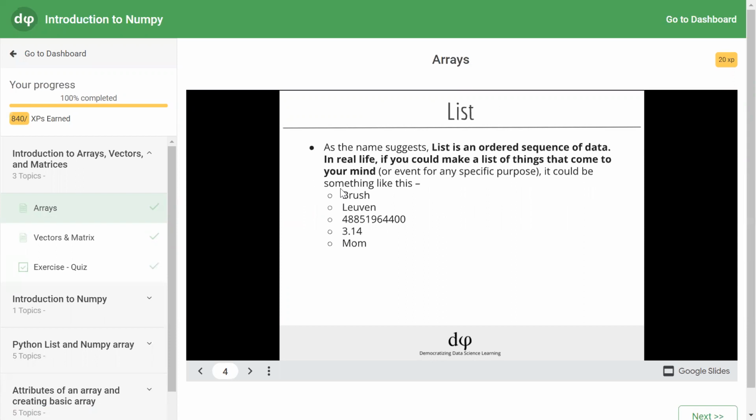If we consider one example of a list, suppose we are creating a list L1. So let us start annotating on the screen to take one example. We are creating a list L1, so this is the name of the list. It's equal to, in opening and closing square brackets, it can contain an integer, it can contain a floating point number, it can contain a string.